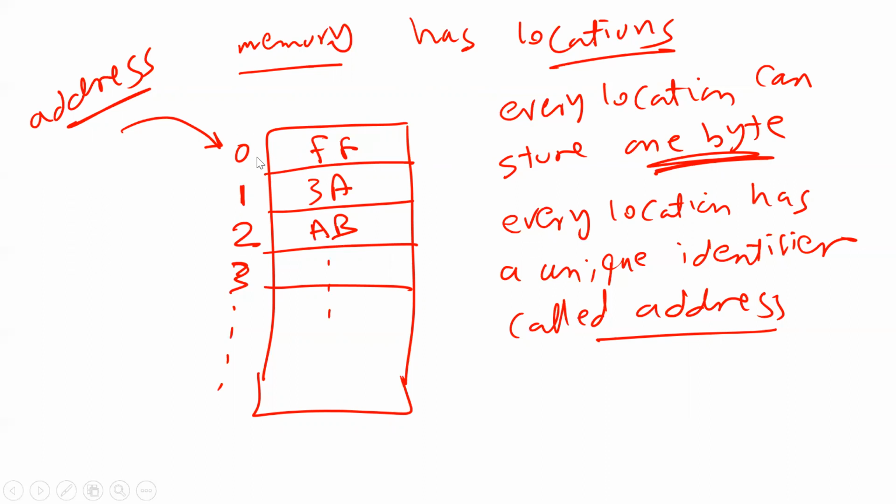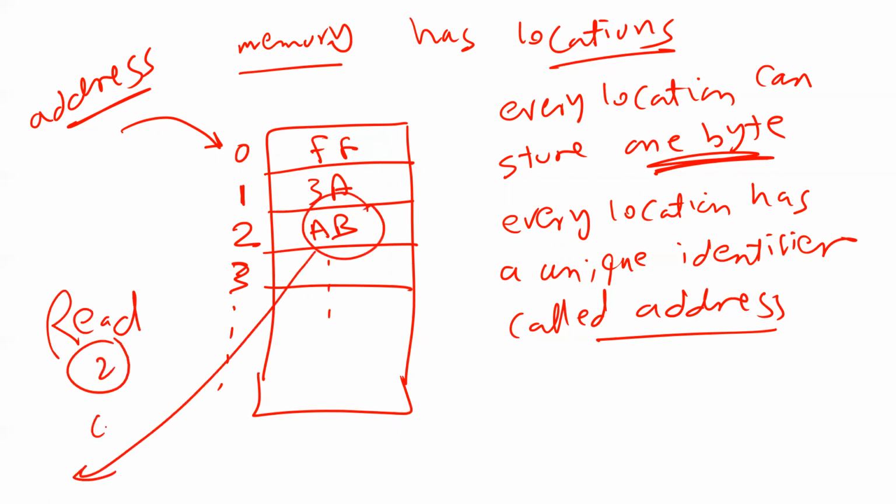Also, you should understand that in every location we store a byte, as you see here. Don't be confused between the address and what is stored at that address. This is just a location. In location number 2, I store byte EB. If I tell the memory, I want to read location number 2, the memory is going to give you EB. It's going to copy EB, and the location is still storing EB. I'm not going to change EB, because when you read, you copy.